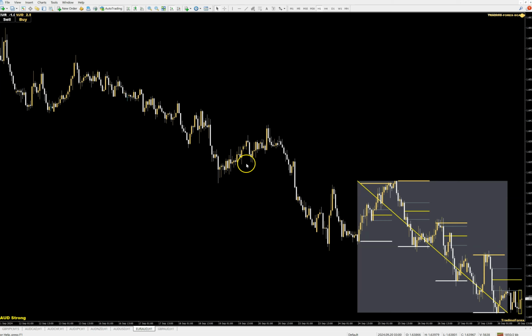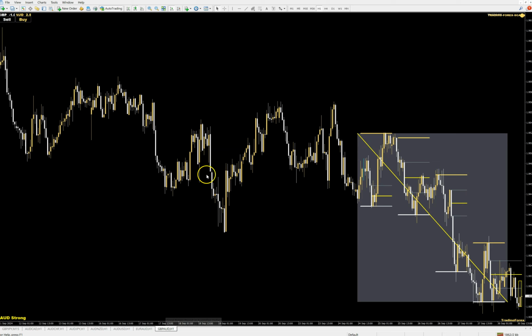So we have a quite valid Euro Australian that it will be interesting to monitor. And the Sterling Australian, same thing. We have a long-term downtrend, short-term downtrend, same thing for the lot. The first one is not valid, the second one is, the third one is, and the fourth one as well